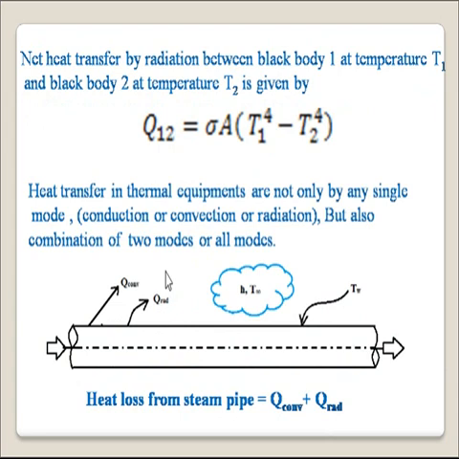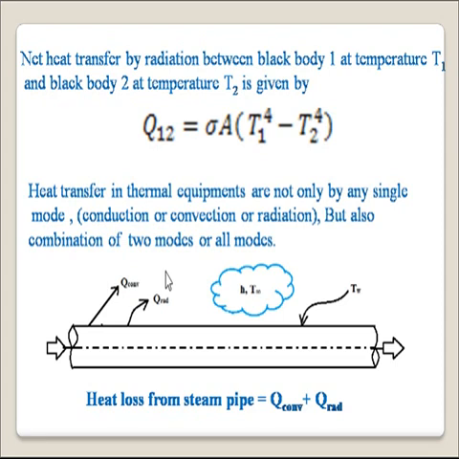The body having more temperature radiates more energy according to the Stefan-Boltzmann law, and the body having low temperature radiates less. The energy radiated by a high temperature body falls on the low temperature body, and the energy radiated by the low temperature body falls on the high temperature body. The net effect is that heat energy is gained by the cold body and heat energy is lost by the hot body, and the net heat transfer by radiation between the two black bodies